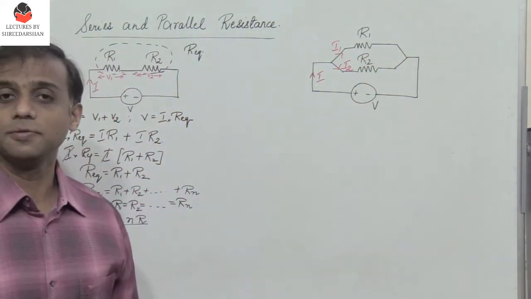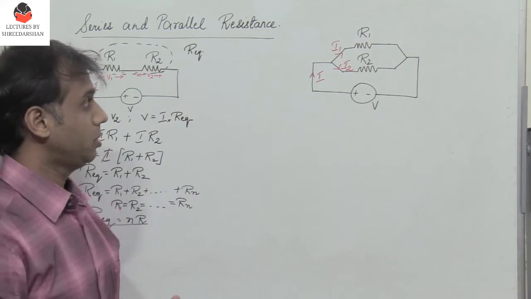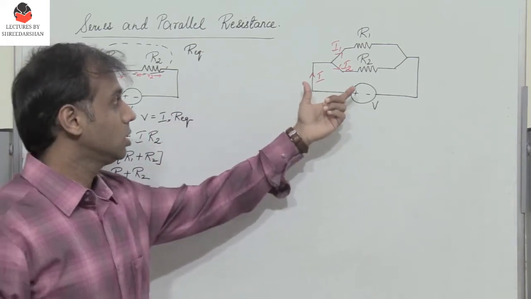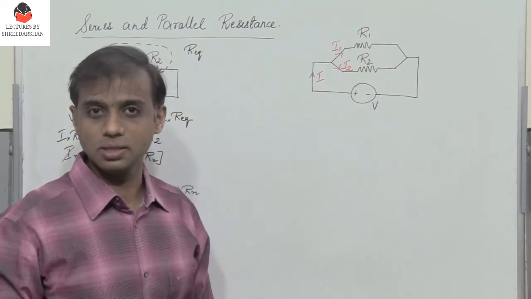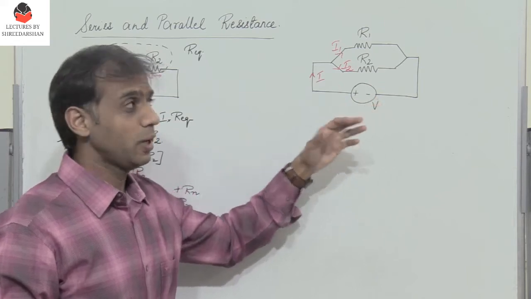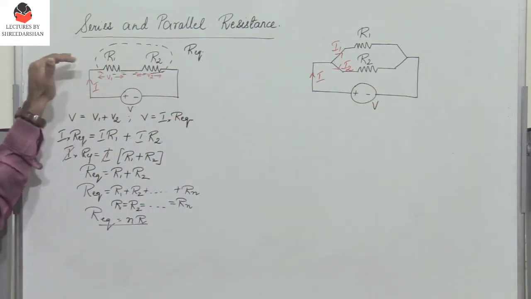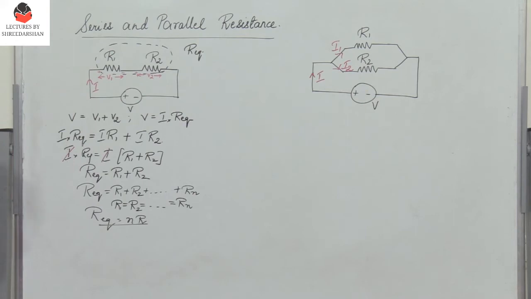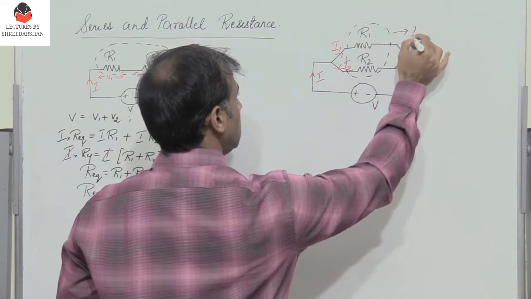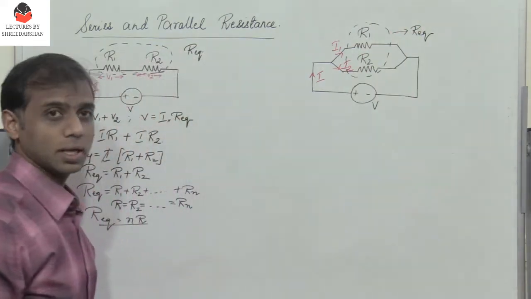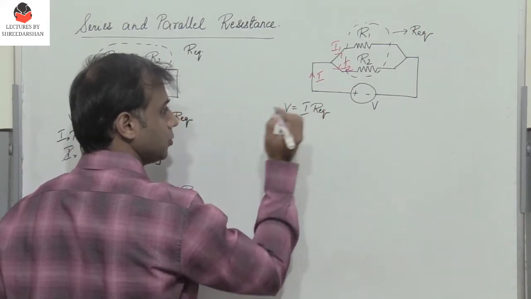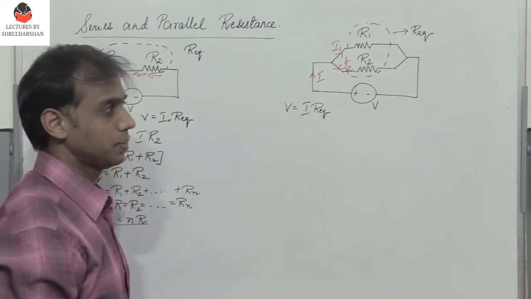So we have to remember that if elements are connected in parallel, may it be resistors or capacitors or inductors, the voltage drop across those elements would be the same. So the drop across R1 would be V, the drop across R2 would be V. Whereas when elements are connected in series, the current flowing through them would be the same. Alright. So if I need to replace these two resistors with an equivalent resistance Req, what would that be? We know that V equals I into Req.